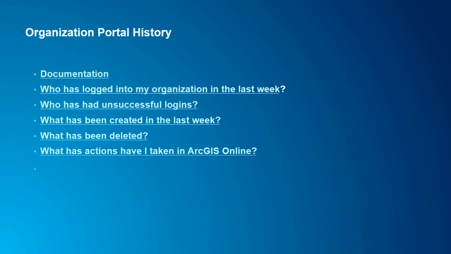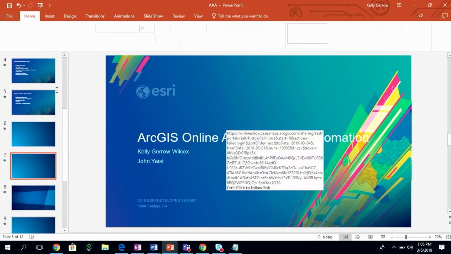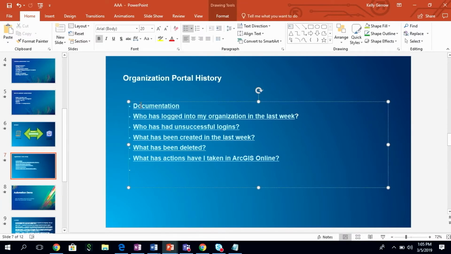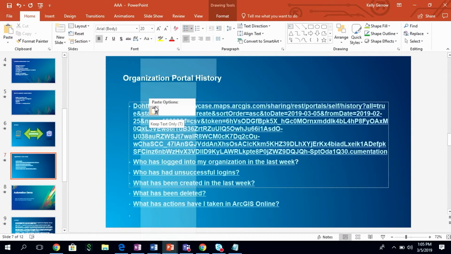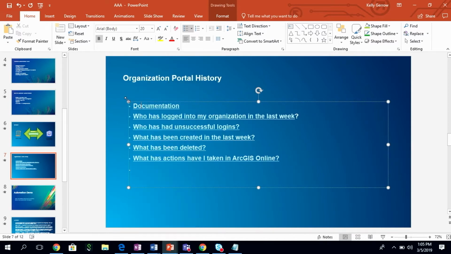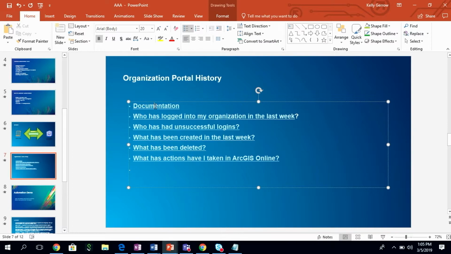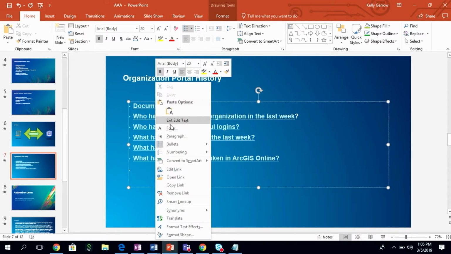All right. Okay, so I guess to start off, has anyone ever heard of the organization portal history with ArcGIS Online? Okay, so it's this really cool new task that actually allows you to find out information about what's going on in your organization. So what actions your members have taken, have they signed in recently, have they not signed in recently. It's documented in the REST API